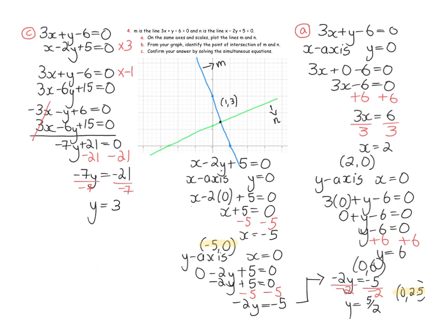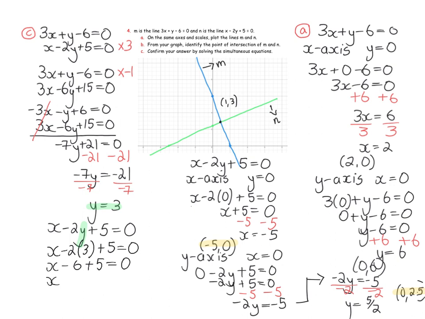Because we know what y is, we can take an equation that we had at the start. So I'm going to take x minus 2y plus 5 is equal to 0. We now know that y is 3, and we can sub in 3 for y here. What we'll be left with then is x minus 2 times 3 plus 5 is equal to 0. This becomes x minus 6 plus 5 is equal to 0. Minus 6 plus 5 is minus 1, is equal to 0. To get the x by itself, we plus 1 to both sides,